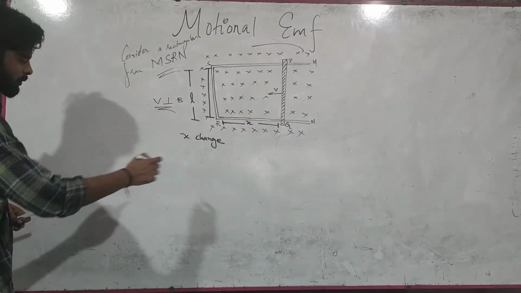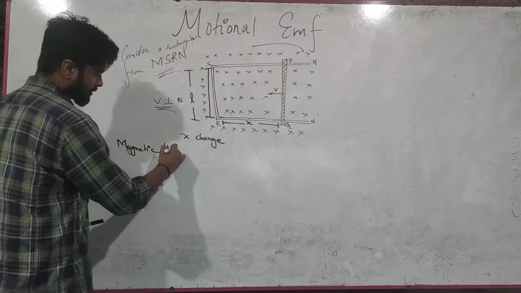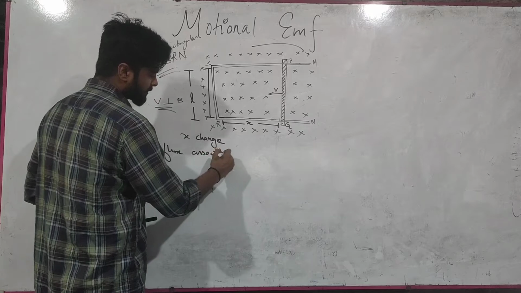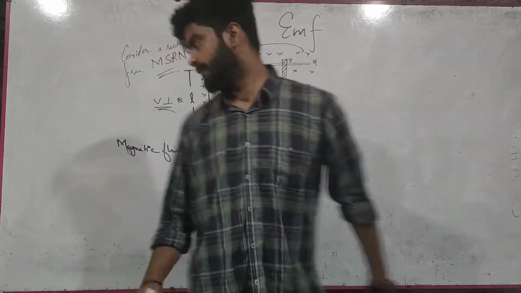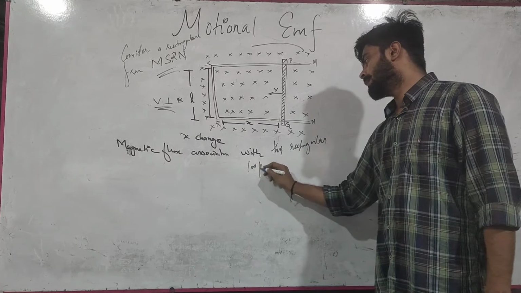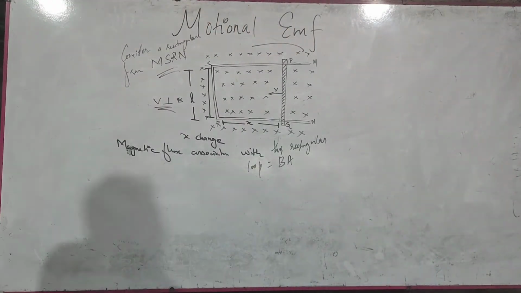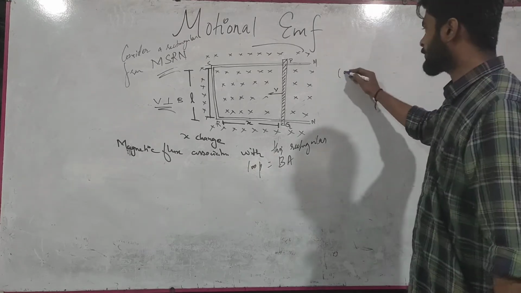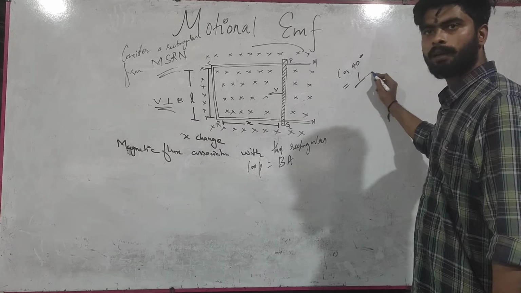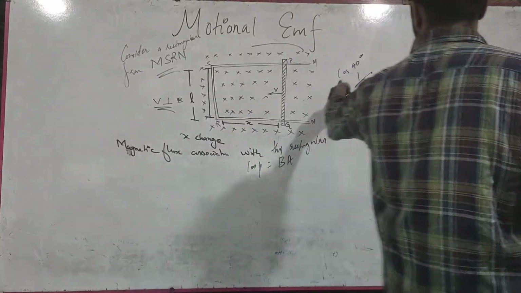Yes, this x is going to change, right? And we know that the magnetic flux associated with this rectangular loop will be B into A, because it is BA cos theta, right? Here B and A are perpendicular to each other, so cos theta, cos 90. What is cos 90 degrees? It's 1, right? Since the magnetic field and area are perpendicular to each other, what happens is that